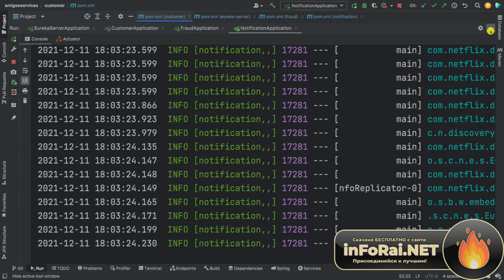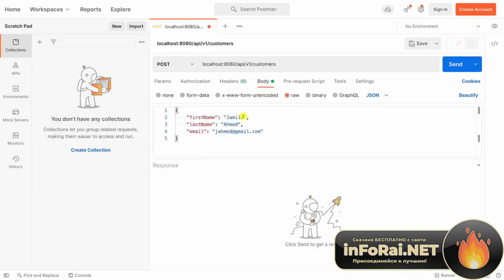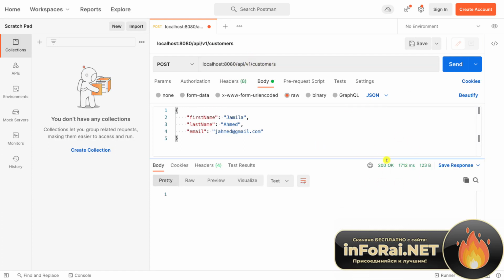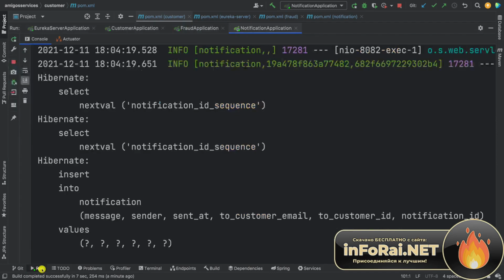So now if I collapse this, I want to open up Postman, and in here let's send our usual request to API v1 and then customers. We should get a 200. There we go. Now if I go back to IntelliJ and then open up the run tab,